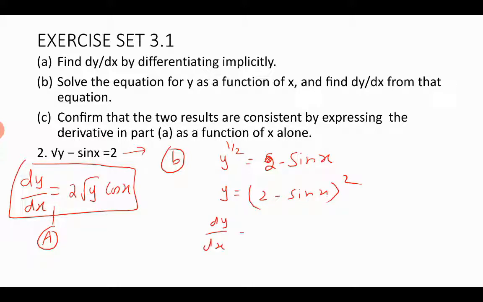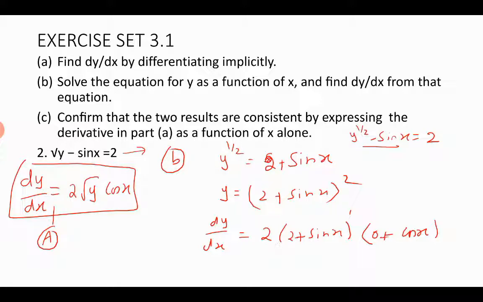dy by dx, using power rule, is 2 into (2 minus sin x) to the power 1, and then differentiate term by term using the chain rule. This is 0 minus the derivative of sin, which is cosine, minus cosine. Yes, of course, it should have been a positive sign, because the given is y power half minus sin x is equal to 2. So when you take negative sin x to the right, it is positive sin x, so it should have been positive here, and everywhere it is positive. So the answer is 2 into